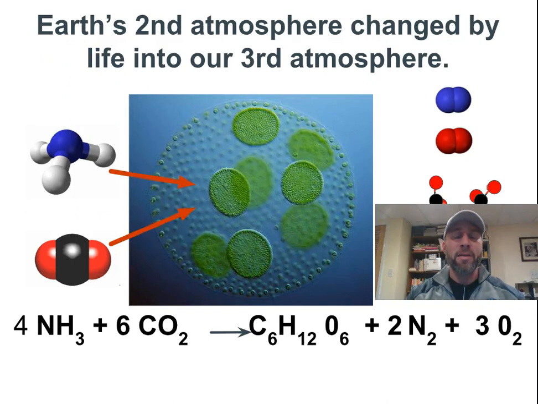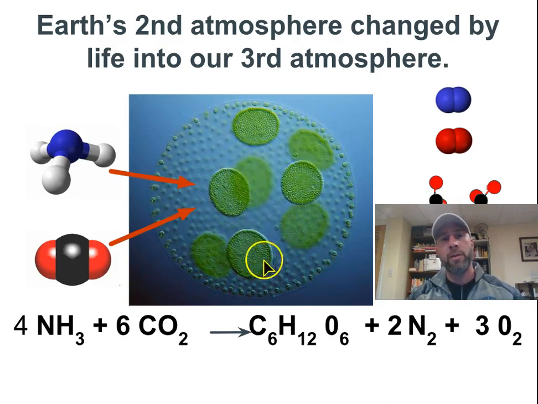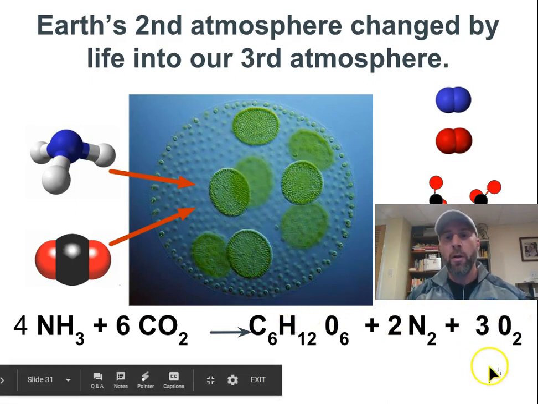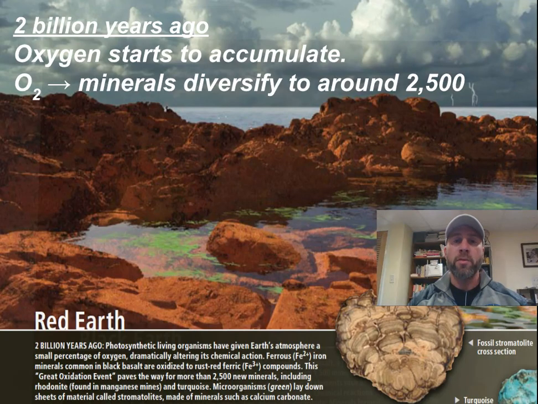Because that early atmosphere did not have oxygen, okay. It was all kinds of really gross stuff like ammonia and carbon dioxide. But guess what? These little critters that were in the ocean, they love that stuff. They eat it up. And guess what they produce? Remember biology? Oh yeah, oxygen, right? So that was very important to us.